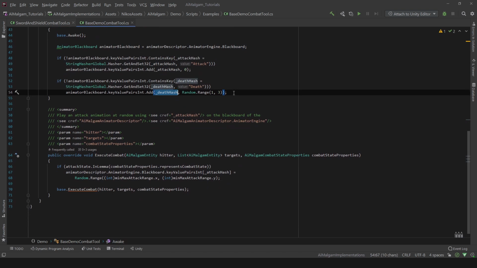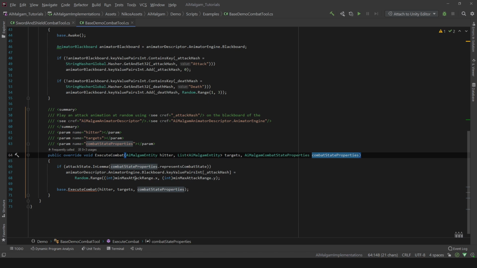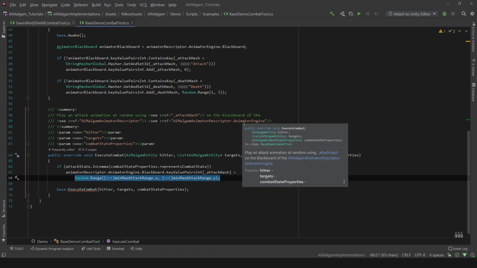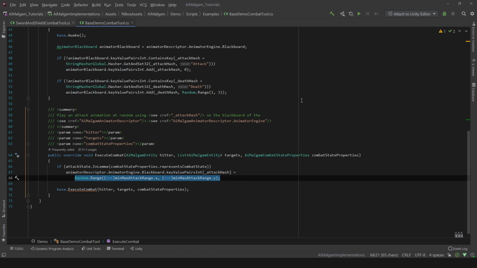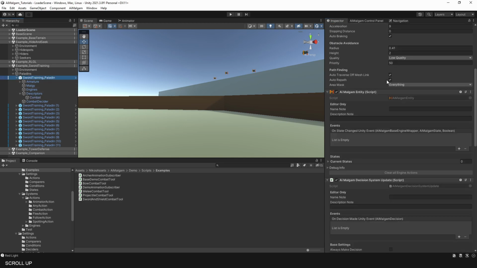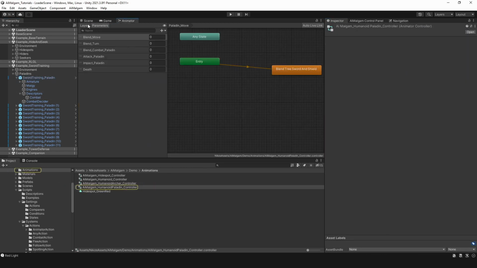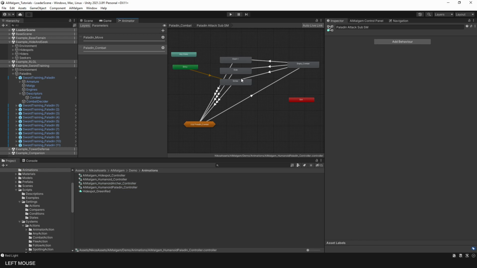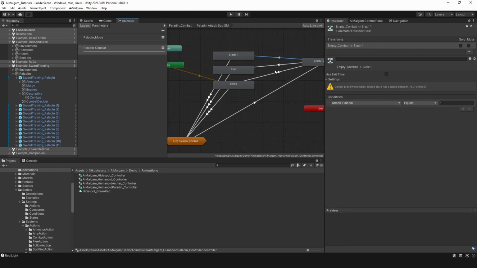And once executing the combat, which is called by the combat action, we check which combat state it is in and set a random attack value, which is then put into the animator parameters, so it knows which attack hash to play. If you look at the animator and go to the combat section, you see that it checks the attack state, and this we read from